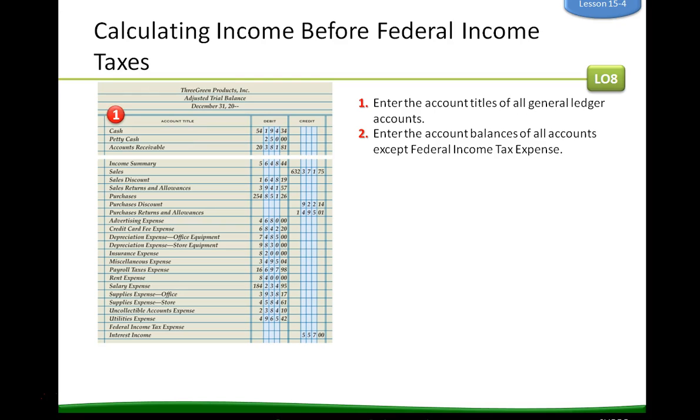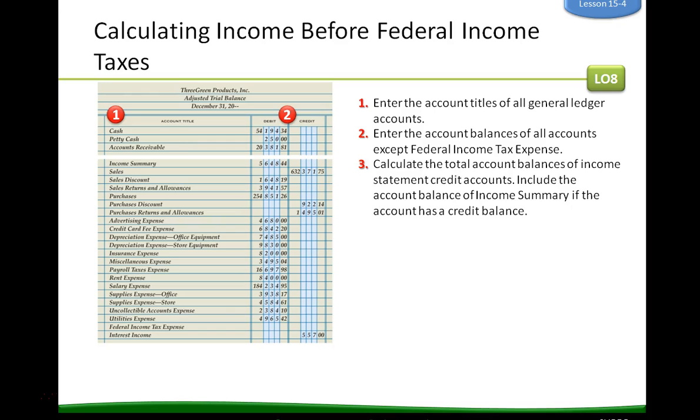So first we enter the account titles of all the general ledger accounts. All of them. Then we enter the account balances of all the accounts except the federal income tax expense. Right there, left blank. Then we calculate the total account balances of income statement credit accounts. Include the account balances of income summary if the account has a credit balance. So we add everything up,